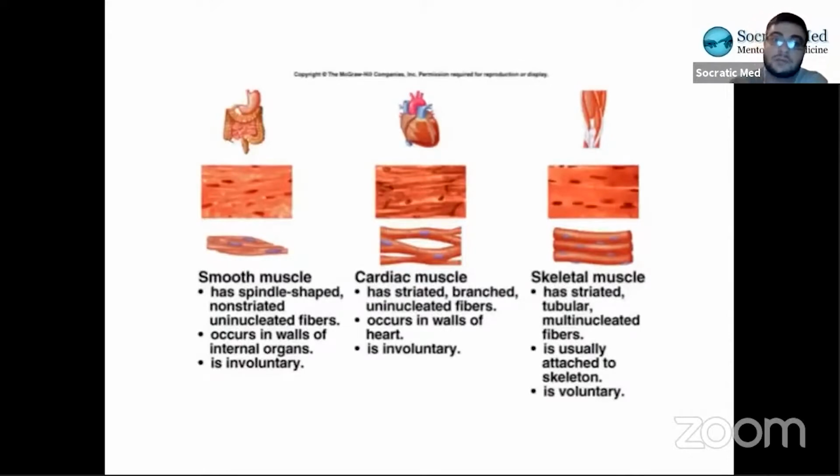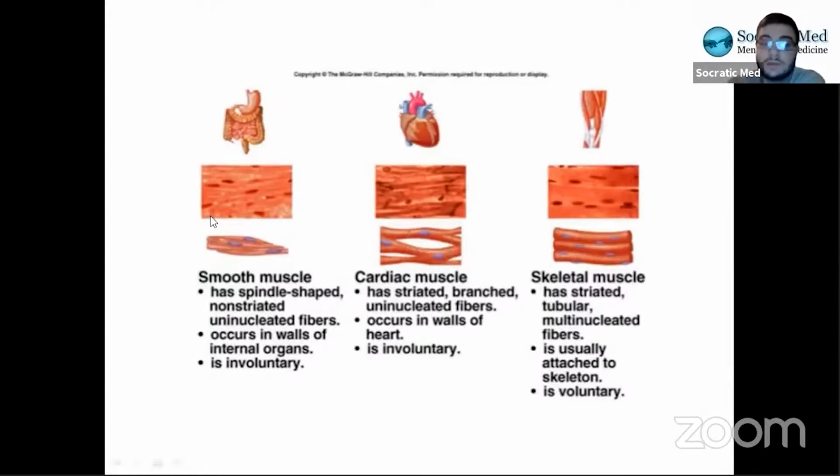So all the way on the left, you have smooth muscle. The reason it's called smooth muscle is because it's the only muscle type of the 3 that's not striated. You can see right here, not striated. So when you look at it, it actually looks smooth. Here's a picture of it under a microscope. Whereas if you look at these 2 types of muscles, they have these little lines over them. Those are called striations, and that's why they're referred to as striated, whereas smooth muscle is not.